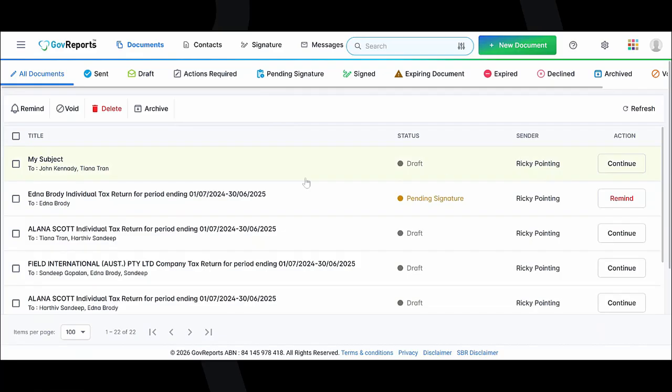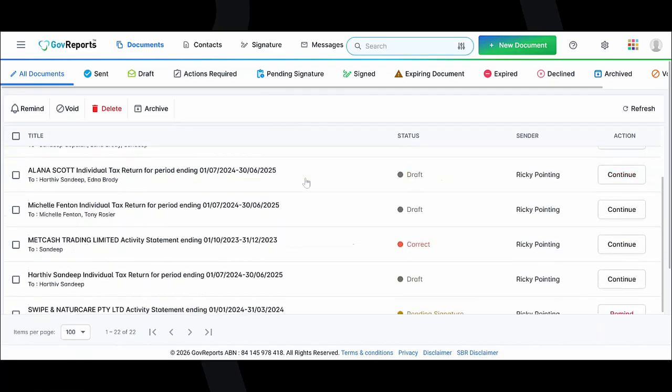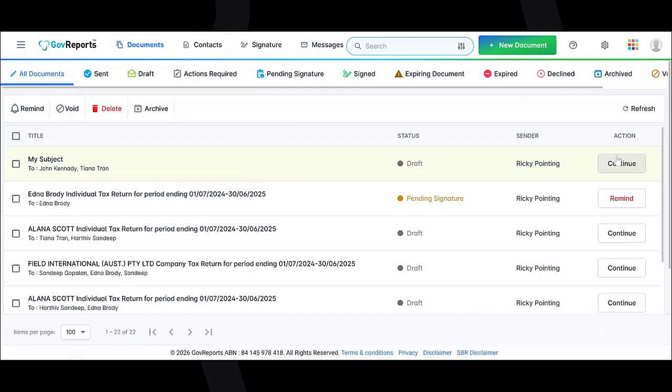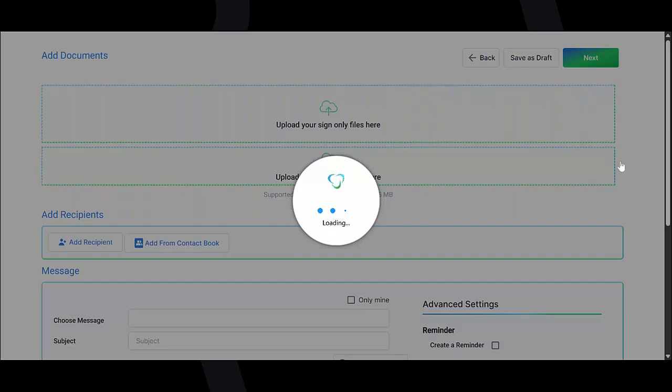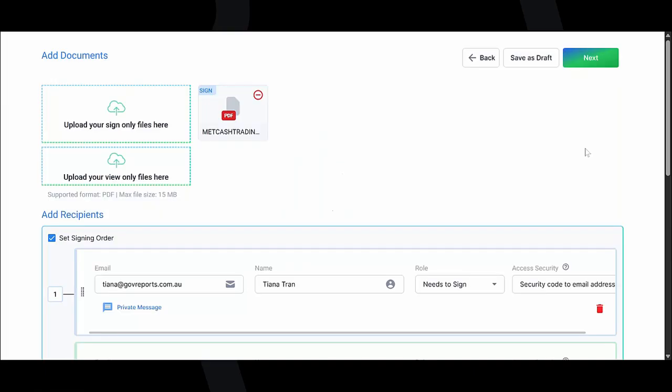Okay. So we've covered off this screen. Now we're going to go through to the actual sending and setup of the documents. In this case, I've already brought a form through, which you can see in the top left there. It says it needs to be signed. Now, if you were doing this the other way through GovReports, this document will flow in, and you could drag it into